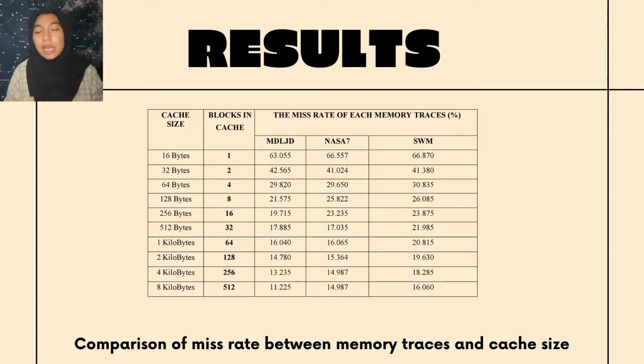So next, the results. Table 1 and Graph 1 show the comparison of miss rate between cache size and memory traces. Based on the table and graph, the higher the cache block size, the lower the miss rate decreases by using the larger block size, as a larger block size means more contiguous bytes of the memory in one fresh block. Nevertheless, a large block size might steal execution time because of the larger miss penalty, the time required to fetch the missing cache block from the main memory.